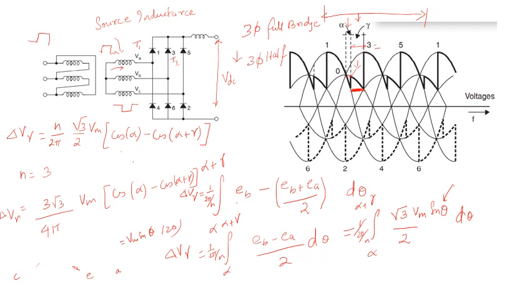Source current will be like this, square shaped, positive and negative. Okay, but with a 3-phase half bridge rectifier,